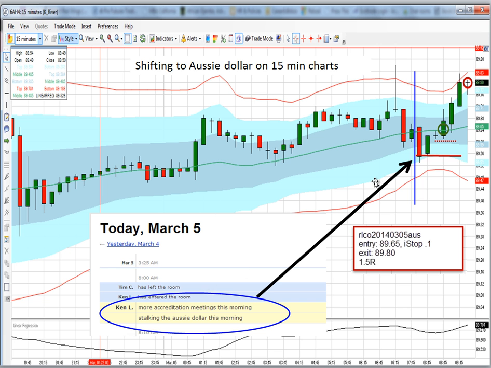At the start of the day, I had some technical stuff to do at work with some accreditation meetings for our college, and so I only had time to do a little bit of stalking. And this morning I'm stalking the Aussie dollar. I mentioned it in the chat room, and the trade actually unfolded after I came back from my meeting. Here's